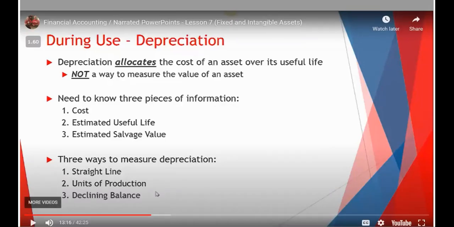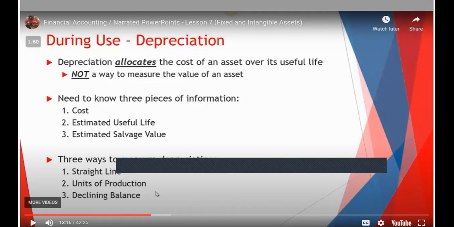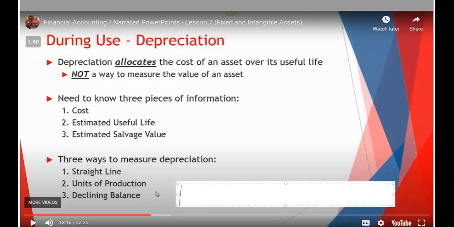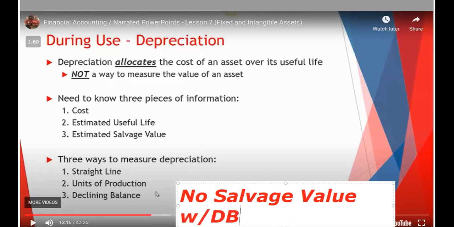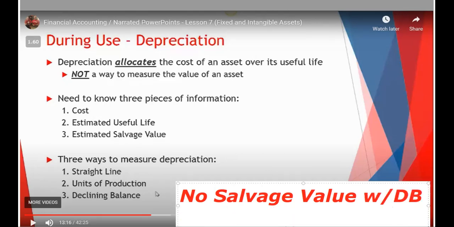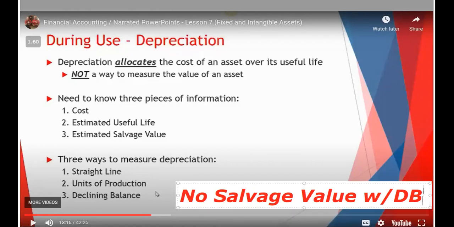I'll mention here with declining balance, you do not take into account a salvage value. No salvage value accounted for with declining balance. So you do not use that in the calculation.